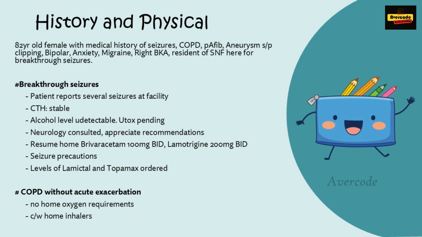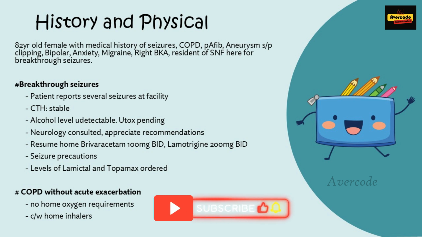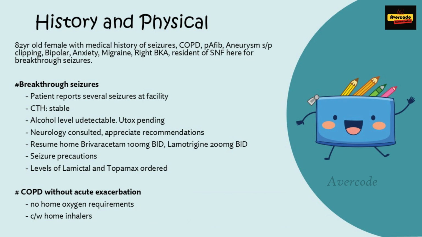Today, we're examining the chart of an 82-year-old female who was admitted due to breakthrough seizures. The patient's medical history includes seizures, COPD, paroxysmal atrial fibrillation, aneurysm with status post-repair, bipolar, anxiety, migraine, status post-right below knee amputation. As you are reading the HMP, the patient underwent some assessments such as CT head, urine examination, and